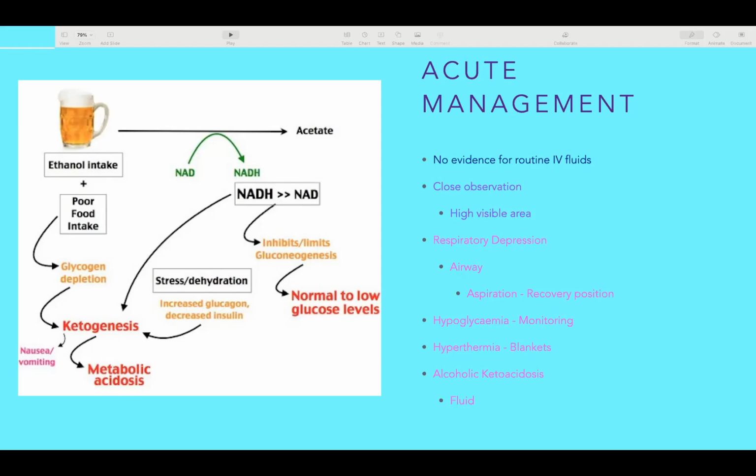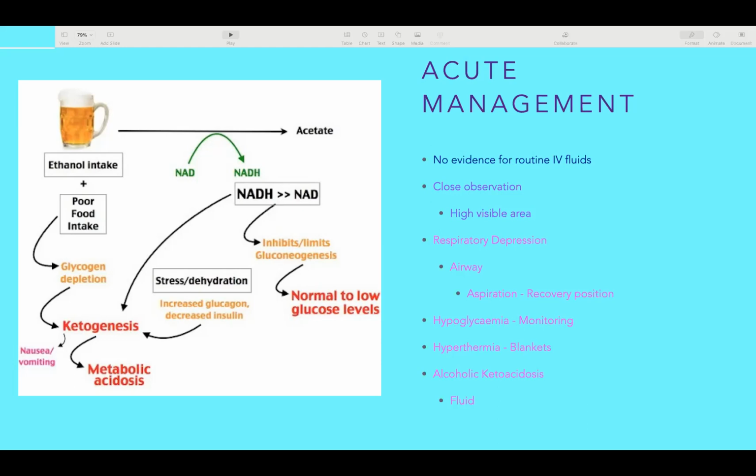So basically what happens is that this is more for chronic drinkers, so you have increased alcohol intake and you don't take as much food, so you get glycogen depletion. And then when you stop taking alcohol, because you get depletion of NAD, you basically get inhibition of gluconeogenesis, and you get decreased insulin production. So if you check people's ketones, or you do a blood gas on these people, what you might find is that they have a normal or slightly low glucose level, but their ketones are quite high with a metabolic acidosis,